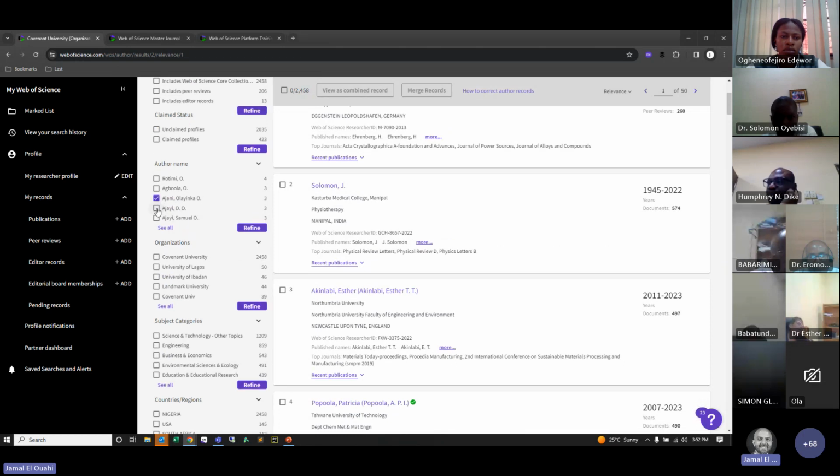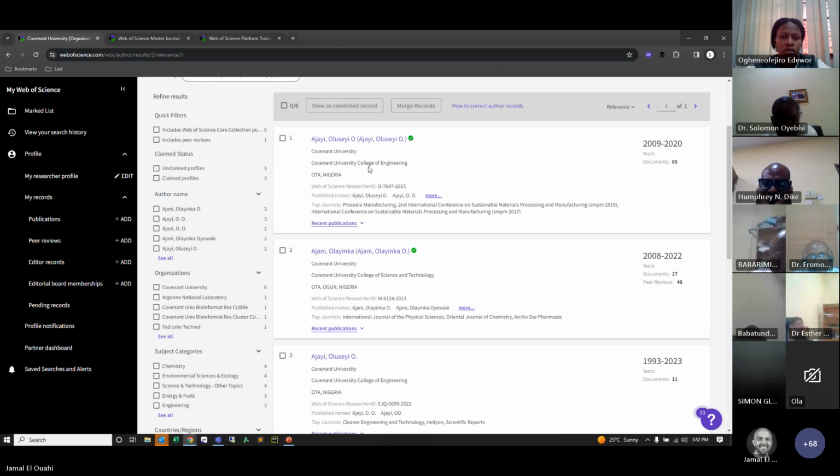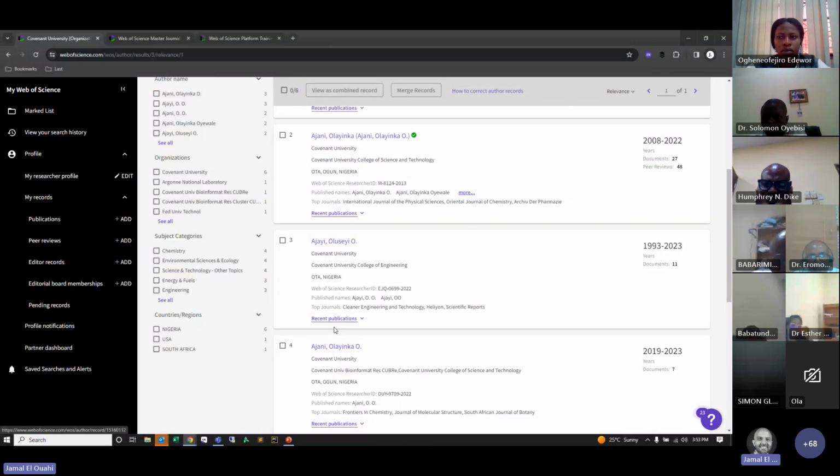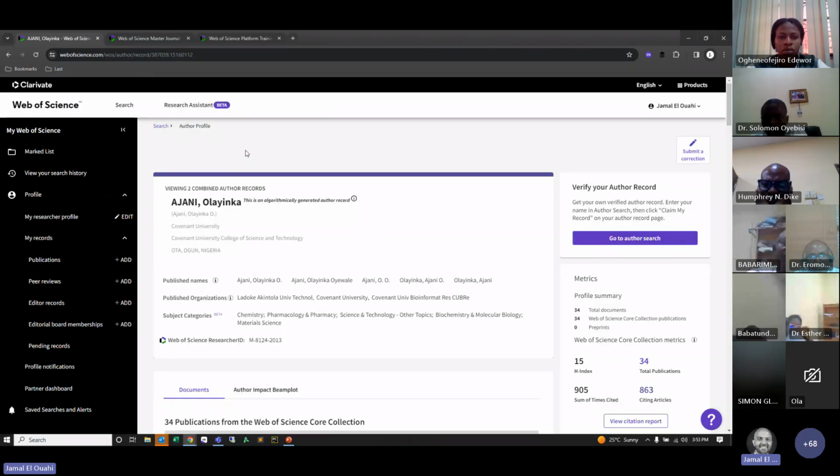So if I say I want to see these two, I see these two profiles. No, it's not the same. This one and this one, I think, look the same. Perhaps, I'm not sure. But you will need to find your profile and say, looks like this one and this one are the same. You could say, I want to view them as combined records,